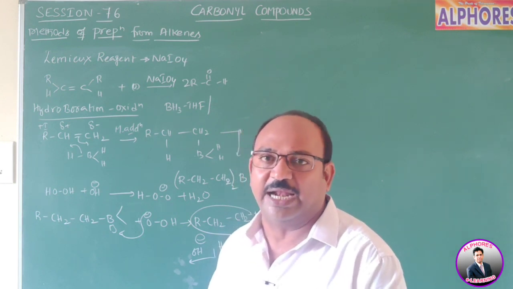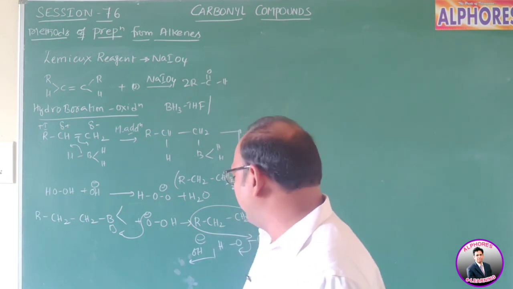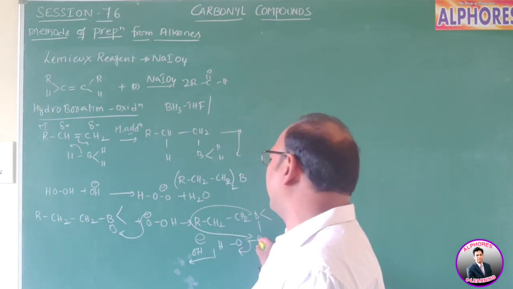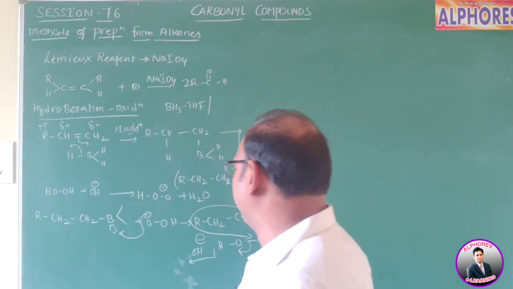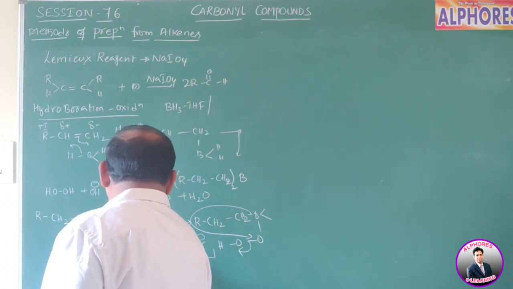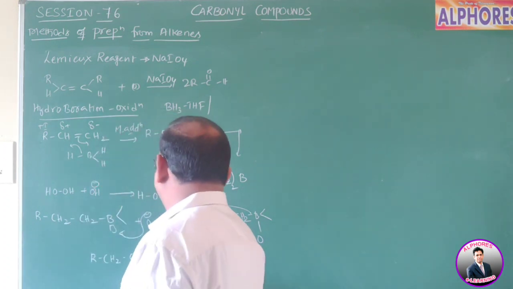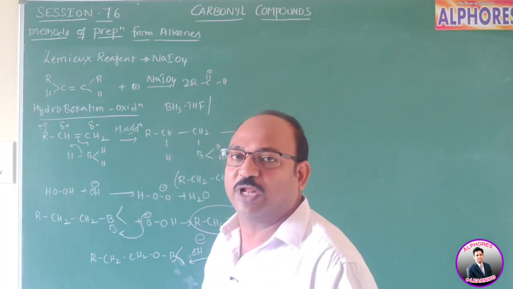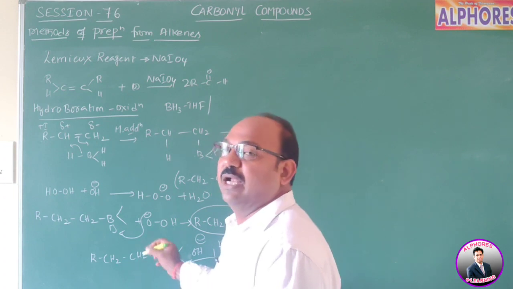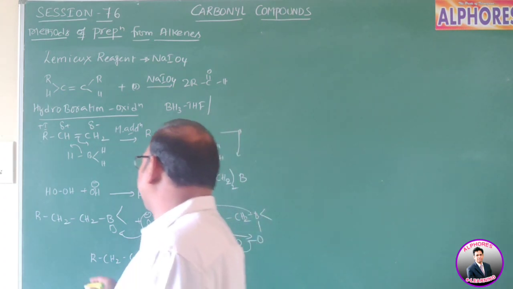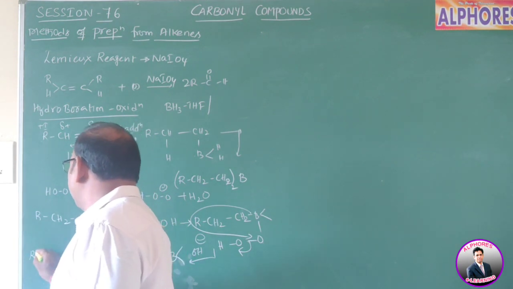As OH minus comes out, the alkyl group migrates from boron to oxygen, and we get RCH2-O-B with the remaining two alkyl groups. The same thing happens two more times, and around boron you get 3 oxygen atoms. Upon hydrolysis we get alcohols as product,